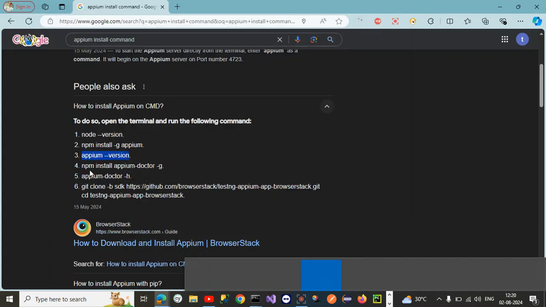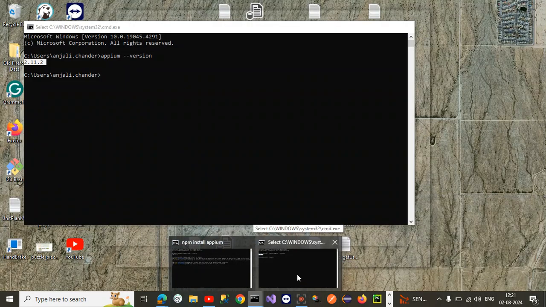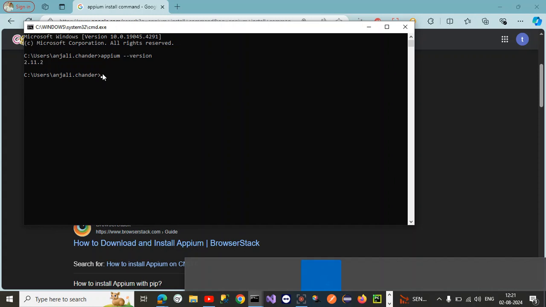Next, if you want to check the status for the APM, you can also install APM Doctor. It comes in handy when you want to add other dependencies and you want to check the status for it. So you can also install this one.